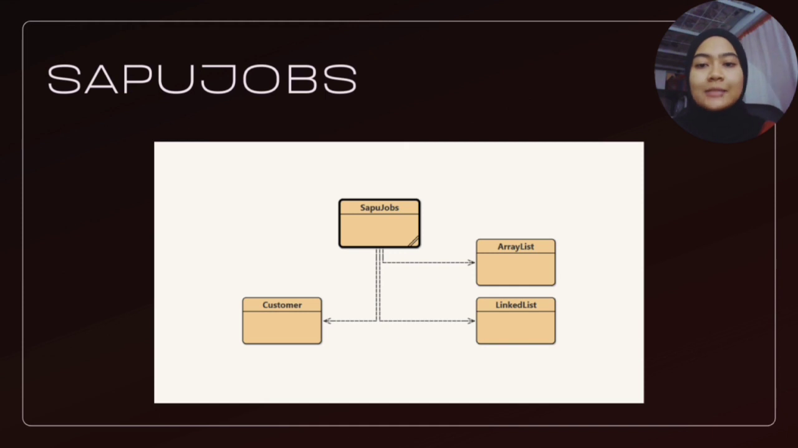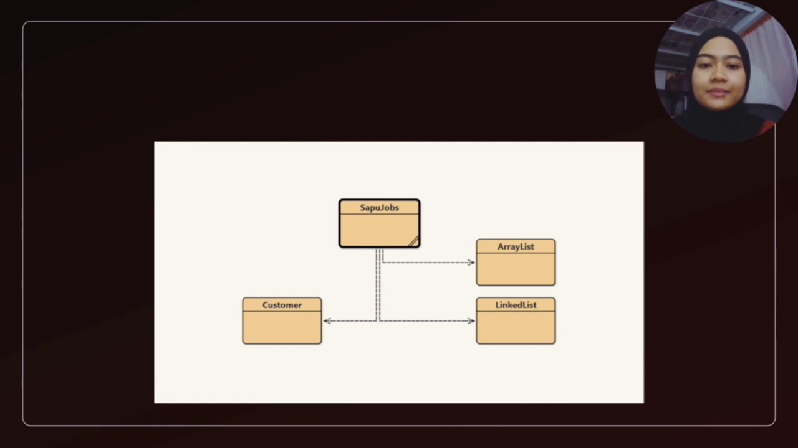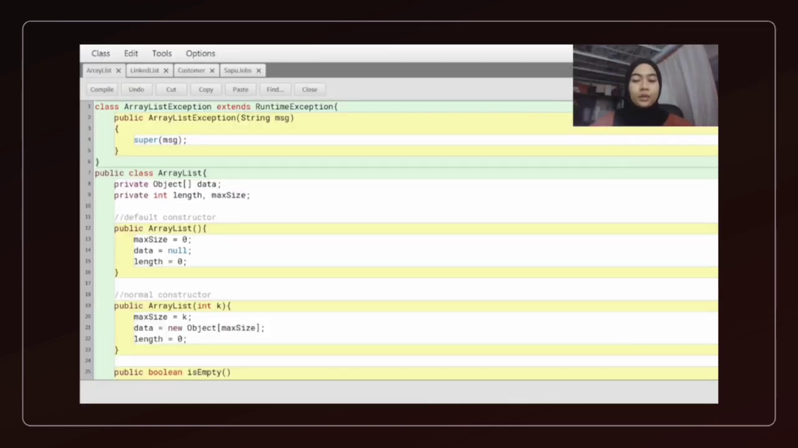First of all, I will explain the code for both types of list that I use, which are the array list and linked list. Firstly, we will start with array list. In the class file, we have the class of ArrayListException as a runtime exception. The method in this class will be executed when we have a runtime error that involves array list in our